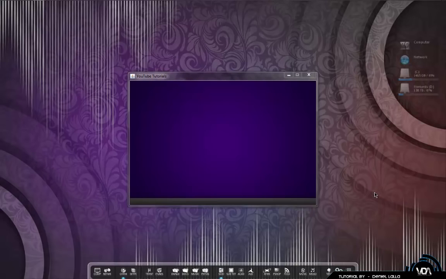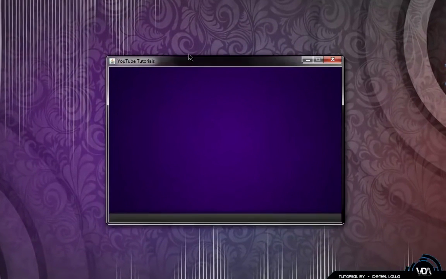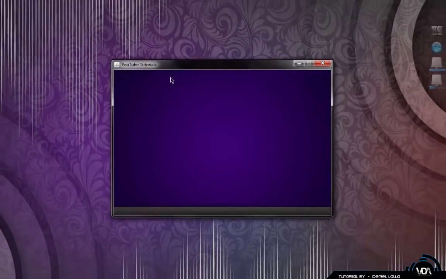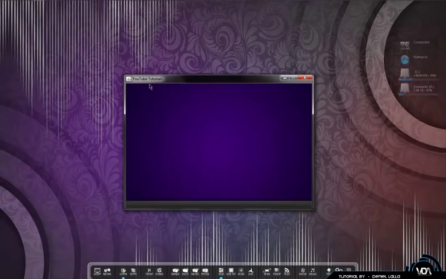So now we have a JFrame in front of us, and it's already built up and labeled and everything. You can check out our other tutorials on how to do this. And basically, this JFrame around it, Windows has provided. So anyway, once they provided this and made this whole operating system, it came with this cool JFrame, with your minimize and your close button at the top right, and you've got a program